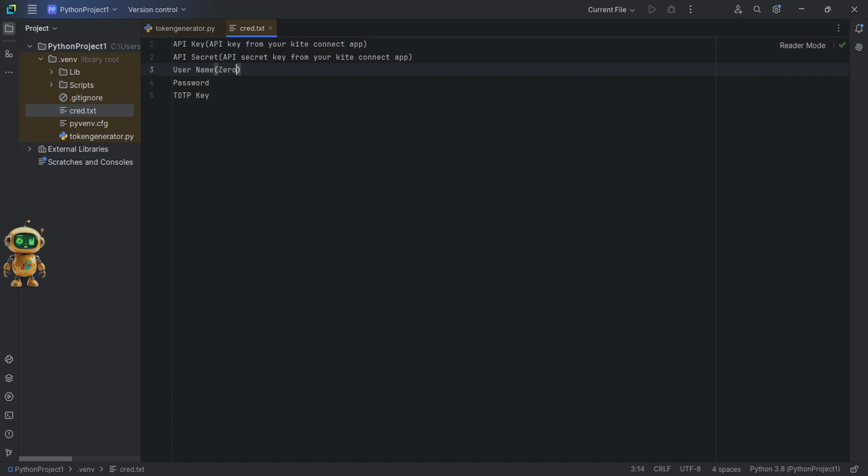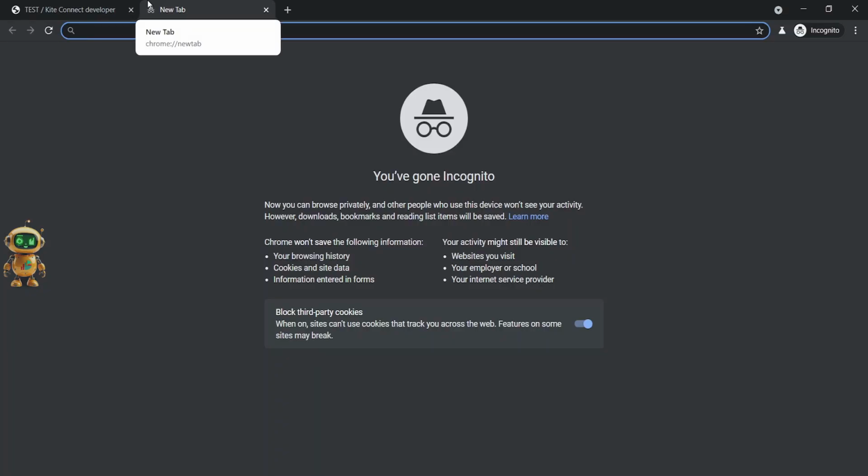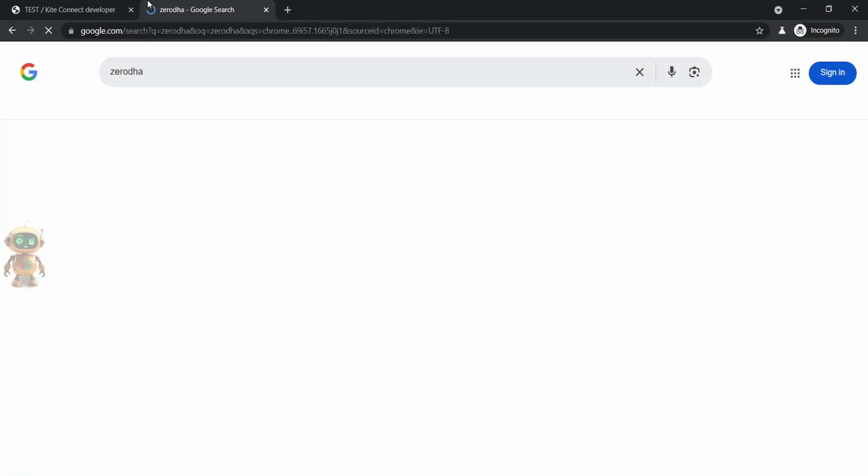Username will be your Zerodha login username. And password will be your Zerodha login password. To get the TOTP key, we need to log in to Zerodha.